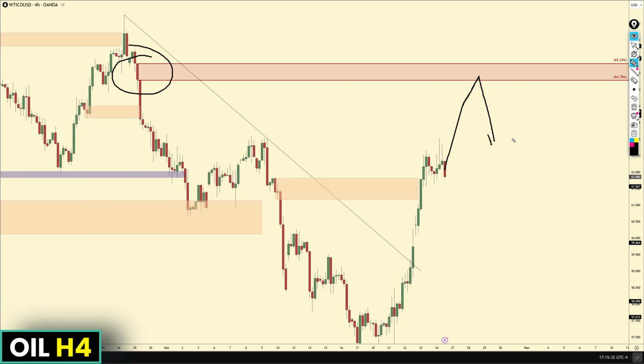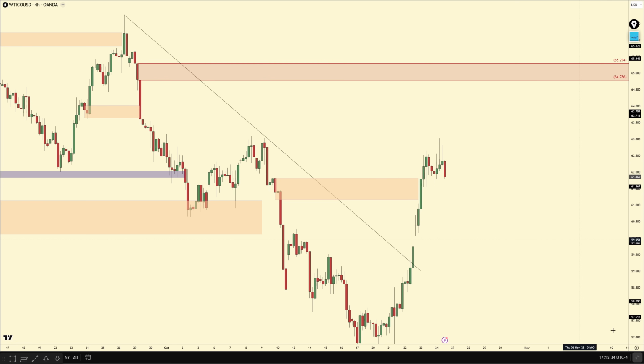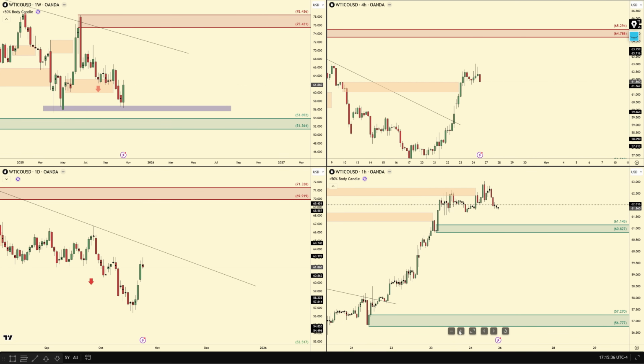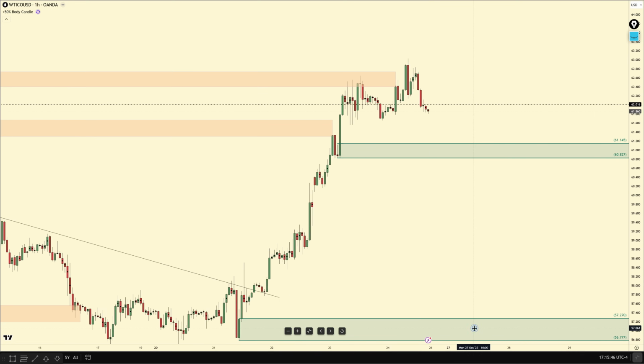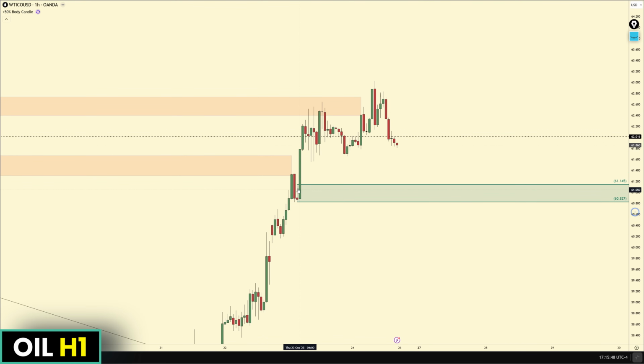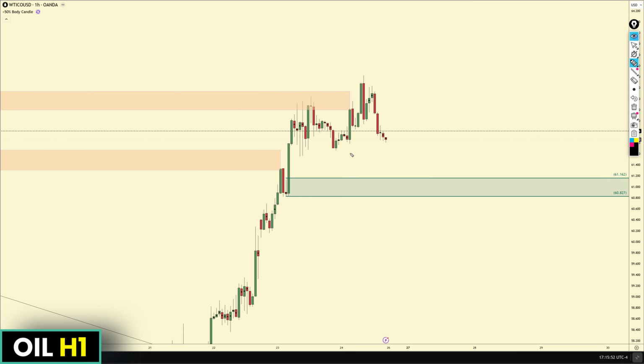But I think it could be very rewarding for a potential set and forget trade. Again, since the trends are down, since I think we will be targeting this weekly liquidity, my mid to long term perspective is to the downside. It is bearish. So on this 1-hour chart, if you're bullish, this is the only demand zone I'm seeing for